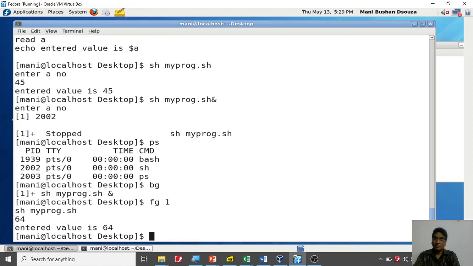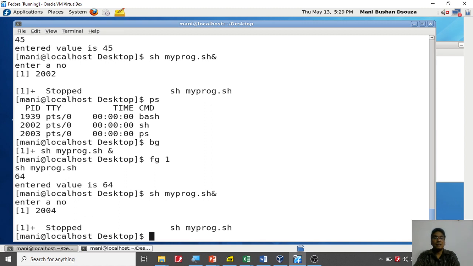I'm going to say sh, and let me say my program dot sh, and put ampersand. That's the end of it. Press enter. It is there in the background. So this is how you send it to the background.